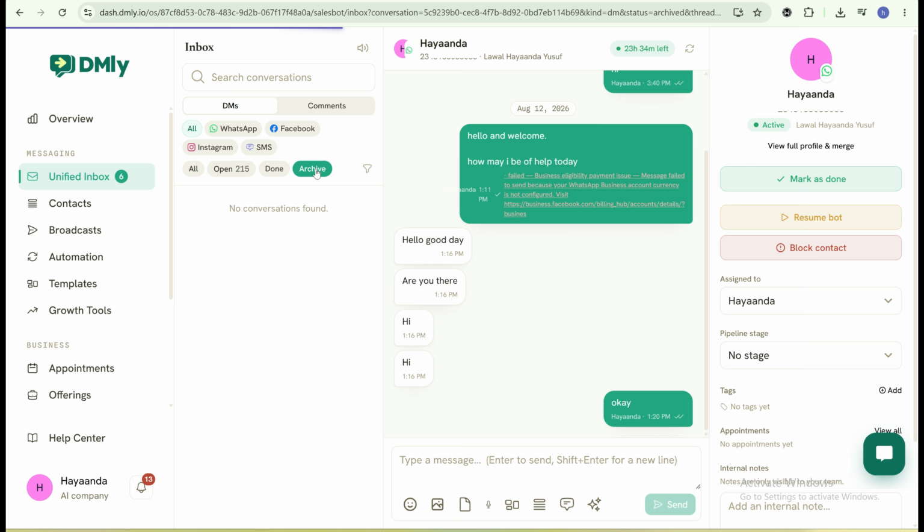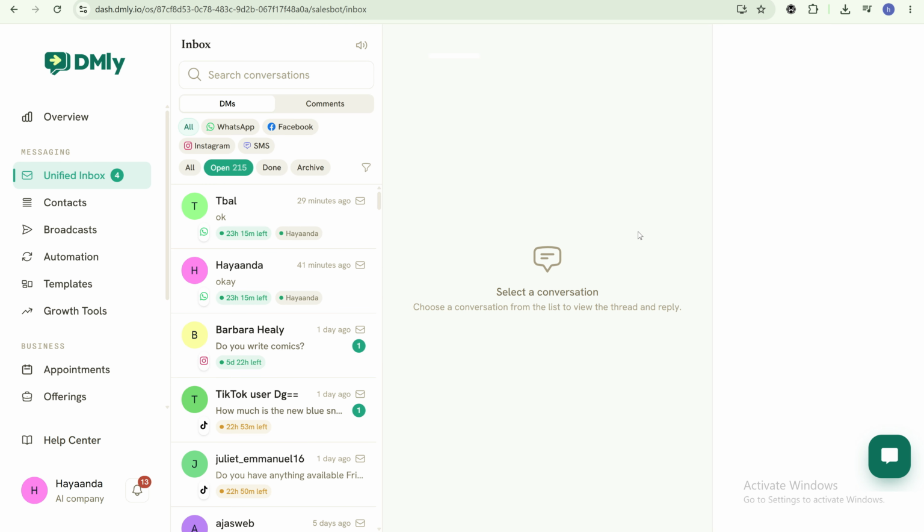One more important point: Archive is not permanent storage. According to the DMLY documentation, archived conversations are automatically deleted after 30 days. So if you need to keep a conversation as a record, it's better to leave it in Done instead of Archive. Searching for conversations. Now let's say you have hundreds or thousands of customer conversations and you need to find